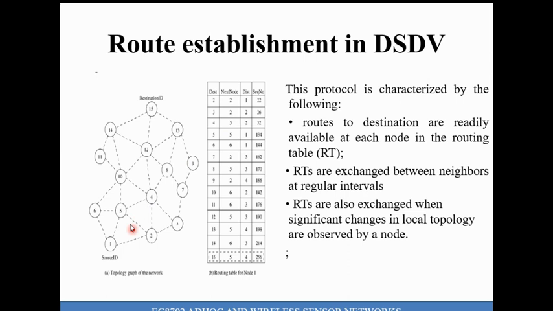As I said, each and every node maintains its own table. Here I have shown the table which is maintained by node 1. Looking at the table, from node 1 to destination node 2, how am I going to reach? In order to reach node 2 from node 1, I have to choose the next node as 2. The distance between 1 and 2 is 1. That is also stored in this table, along with the sequence number, which is randomly generated.